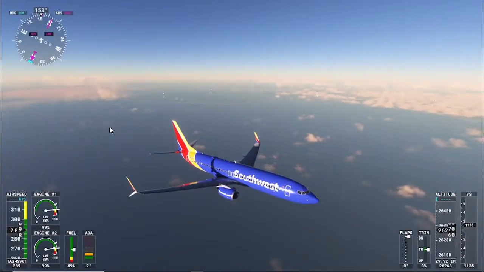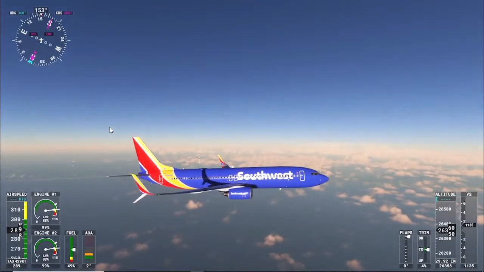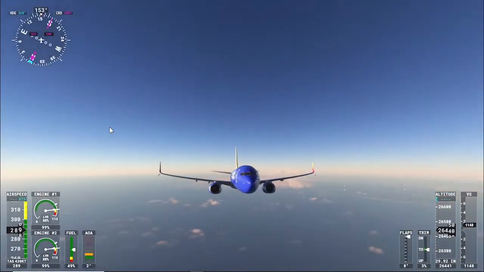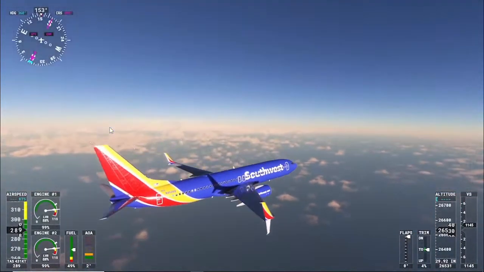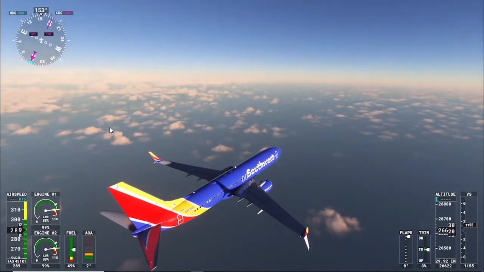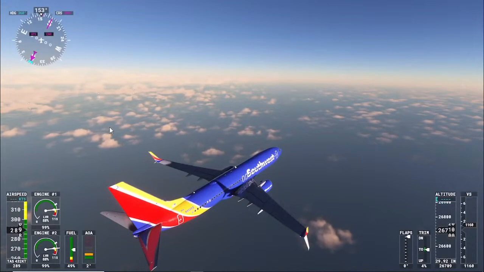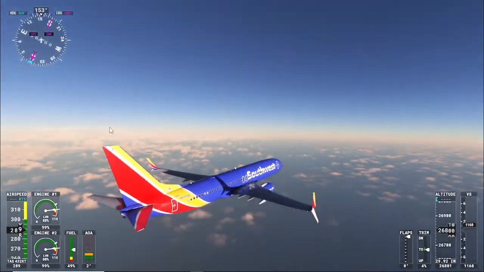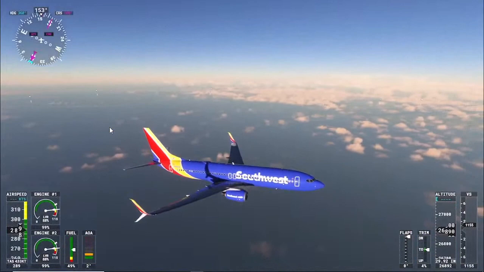Now, I do have a mod downloaded with these lights where it's supposed to be more realistic looking lights, but I haven't tried a nighttime flight on the Xbox, so maybe it'll be different than the iPad. But using that iPad, it was like you couldn't see anything, and even the little marker lights and the position lights and the anti-collision lights, you really couldn't see any of that. Certain angles you could see a little bit of it, but